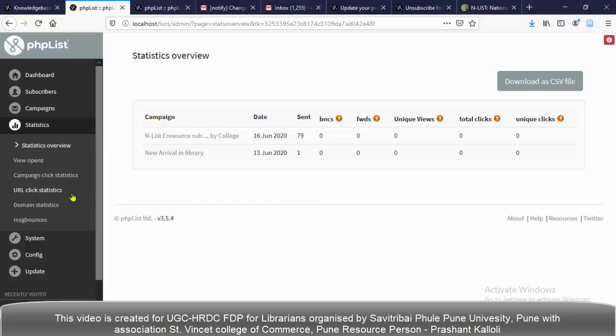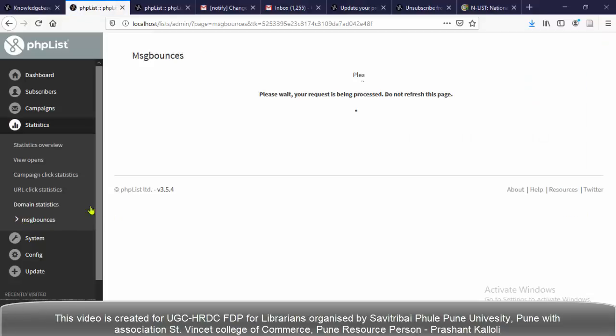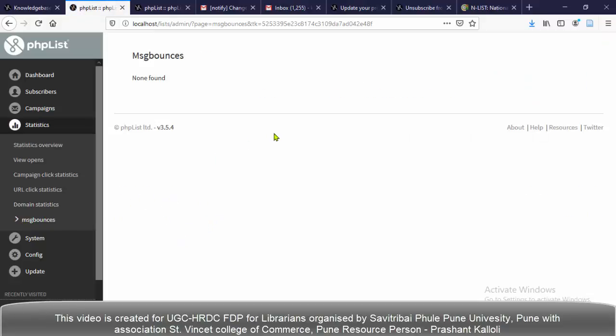Here some more options are here: campaign click statistics, URL click statistics, domain statistics. Here also the bounce messages. Okay, we have not yet found any mail that bounced here.